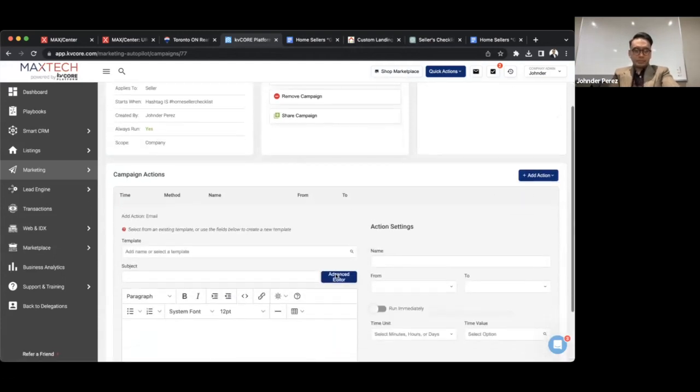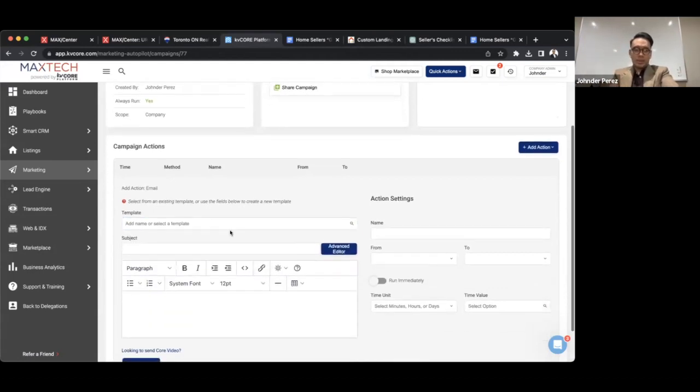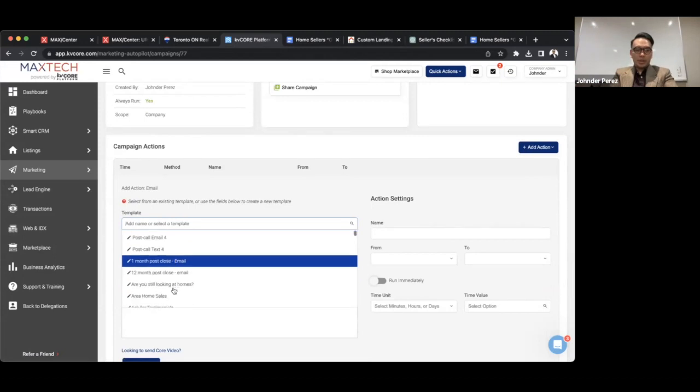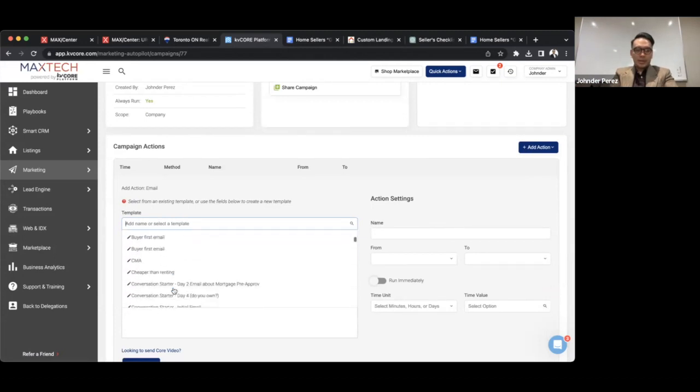email template, I can create emails. I can choose templates, which can be edited as well, or I can create my own template. So for example, I could create my own from scratch. If I wanted to, let's say, for example, let's see, buyer, seller, let's look for a seller template. Where's a seller template? Let's type a seller here. Seller